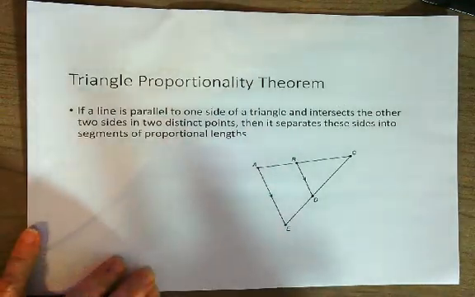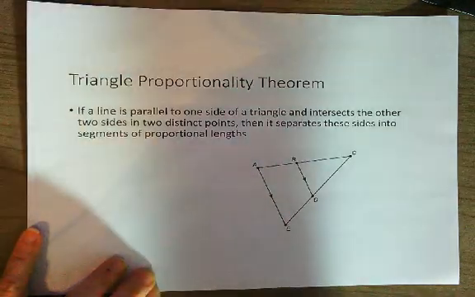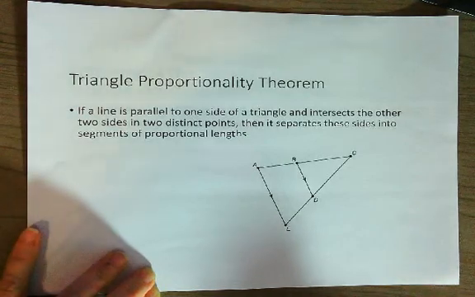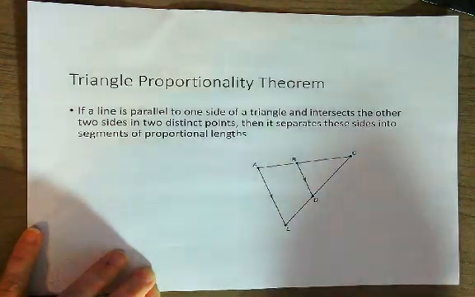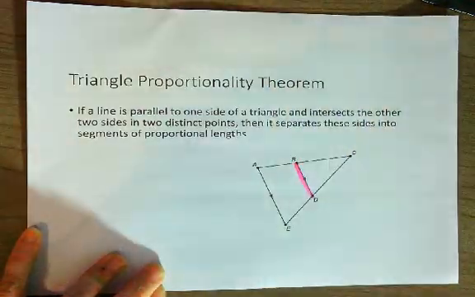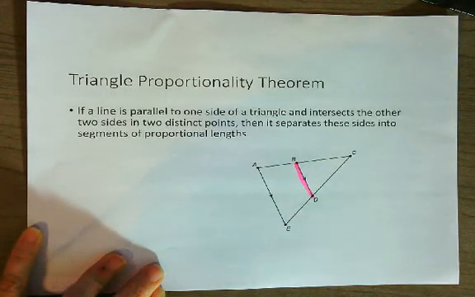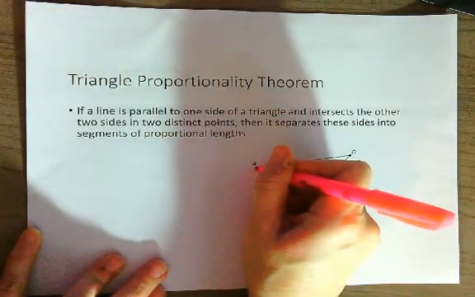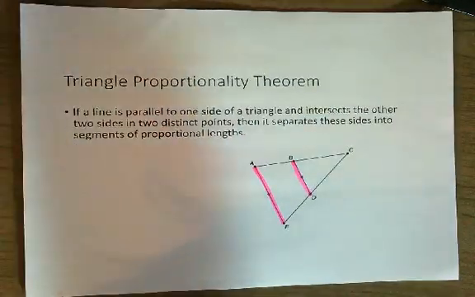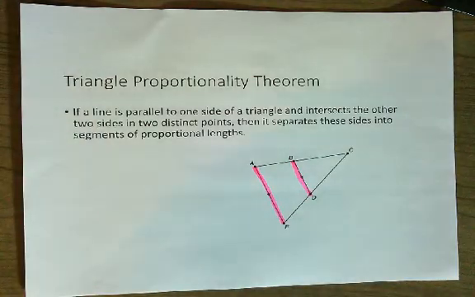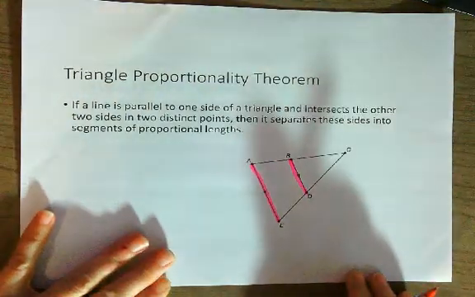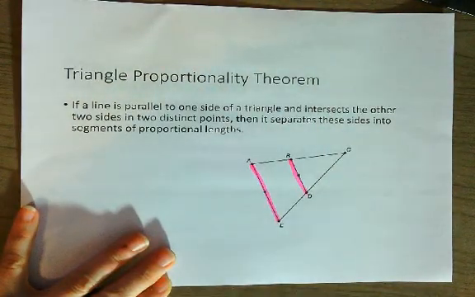We've got triangle ACE, the outside triangle. Inside of that triangle, there is a segment that intersects two sides of the triangle, and that's the segment BD. Because BD is parallel to another side of the triangle, then it separates the sides it's connected to into proportional sides. And what it's stating here is that it separates